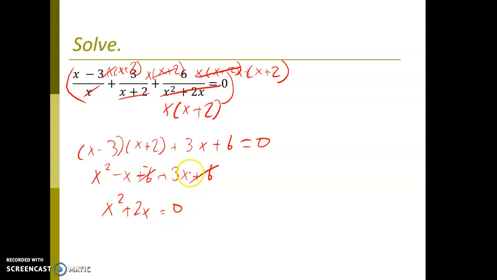And again, quadratic. You should know how to solve these by now. Again, just factor out the x here. You get x times x plus 2 is equal to 0. And then we would set both of them equal to 0. And then we'd have x equal to 0. And then,